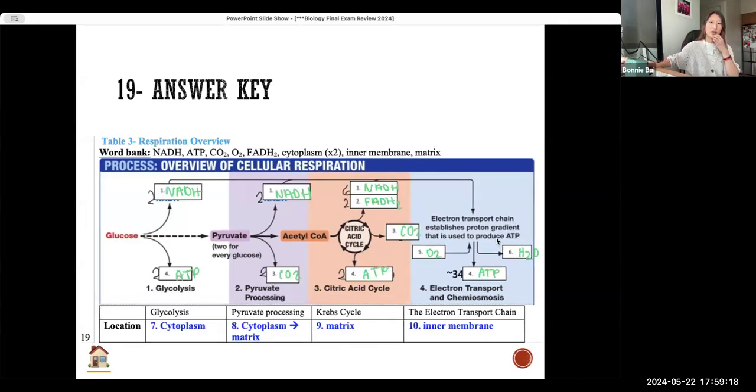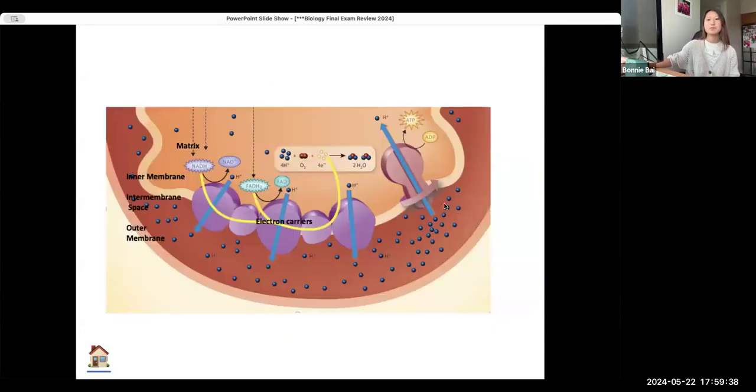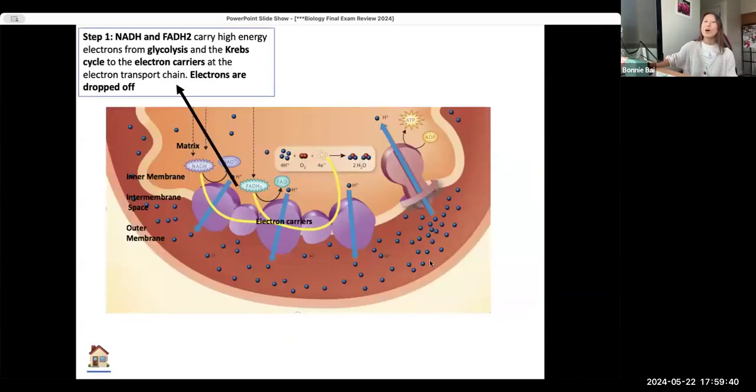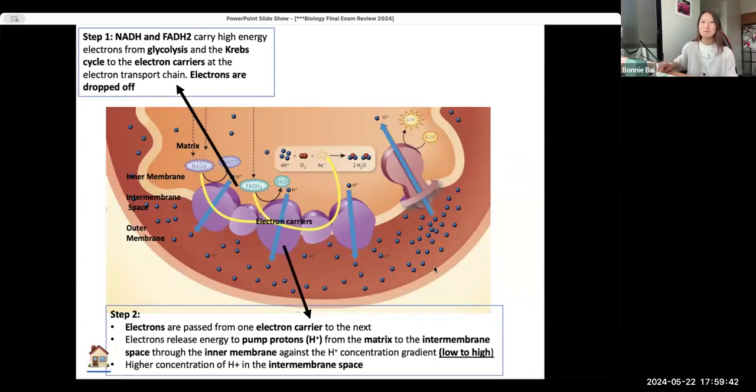Okay, so here's our answer key. You're welcome to pause and take a look if you missed anything. Pyruvate processing over here, it says cytoplasm to matrix. The process itself really takes place in the matrix. We're just saying cytoplasm to matrix as in pyruvate needs to go from the cytoplasm to the matrix before it is processed. But technically, pyruvate processing takes place in the matrix. All right. One last look at our